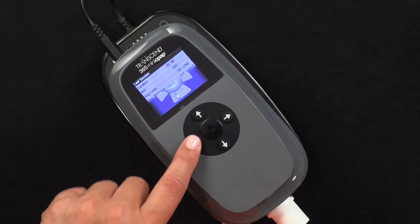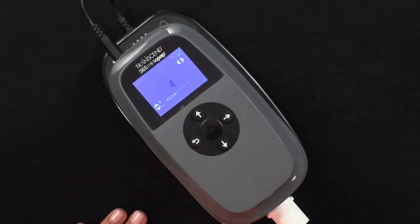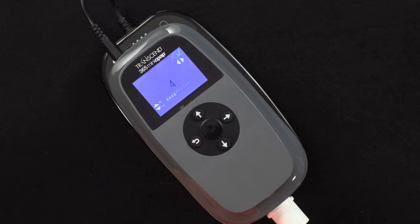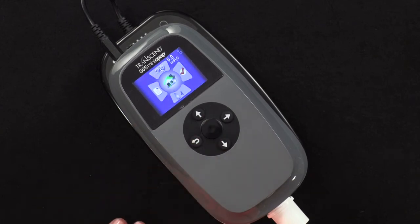average leak and pressure. Arrow down to the droplet icon and press the center button to view or change your humidifier settings. The up and down buttons adjust the humidification level. Settings range from 0 to 10. 0 turns off the humidifier. Make sure to highlight the green checkmark and press the center button to save your settings before returning to the